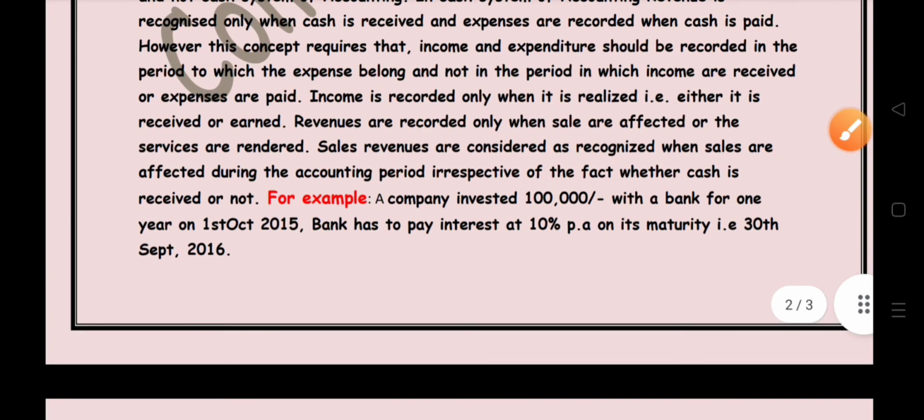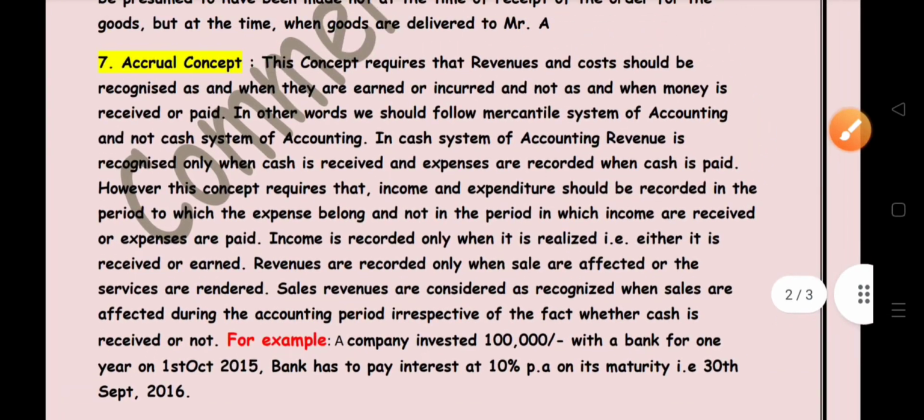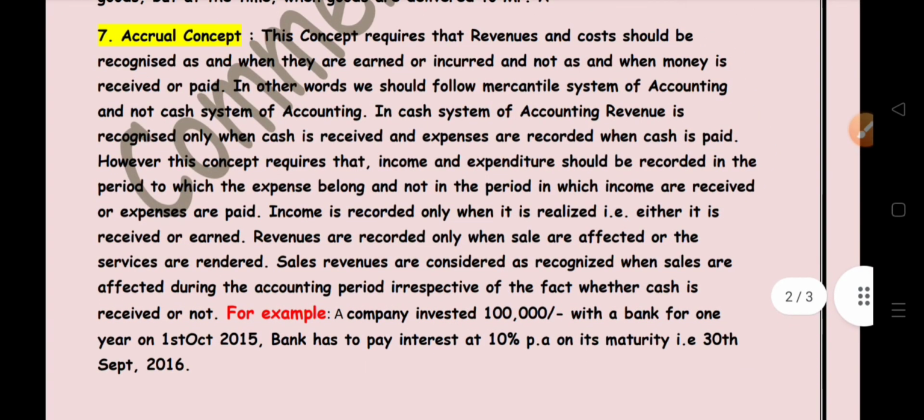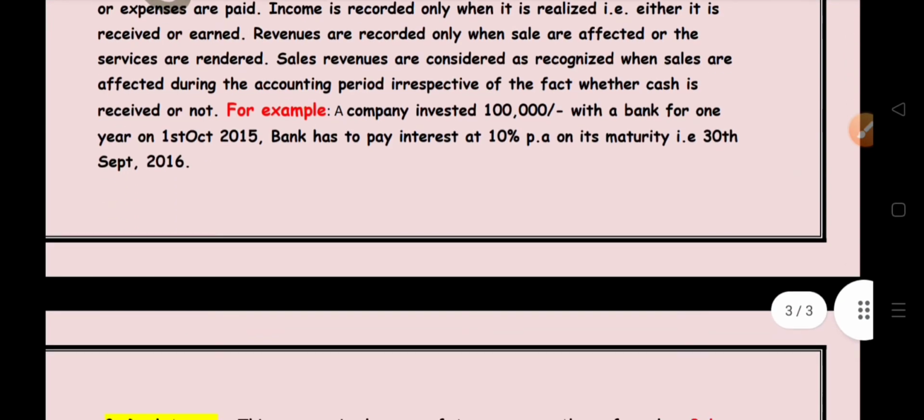So here we will understand that the accrual concept records the transactions; it can be on a credit basis or on a cash basis. This concept is important because we can record our outstanding expenses and prepaid expenses. We can make adjustments on the basis of this accrual concept. The next,